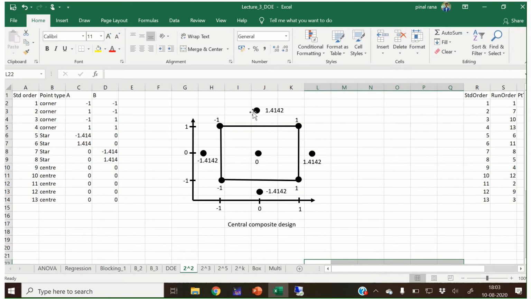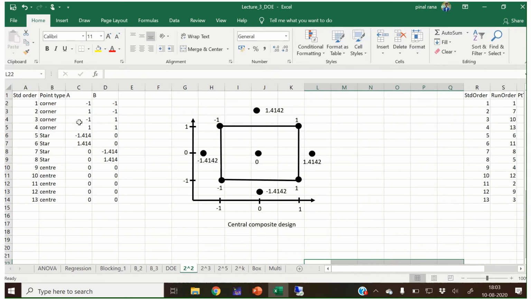So this way you will find these 2 points, and as I mentioned earlier, this center point value is 0, 0, but in order to increase the accuracy of our model, we can at least repeat our central value 4 times, but here I repeat my central value 5 times. Now I think you understood the formulation of central composite design in Excel.